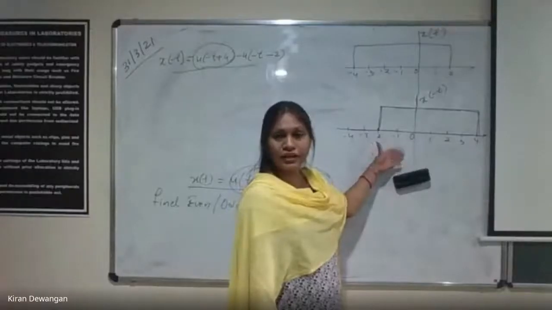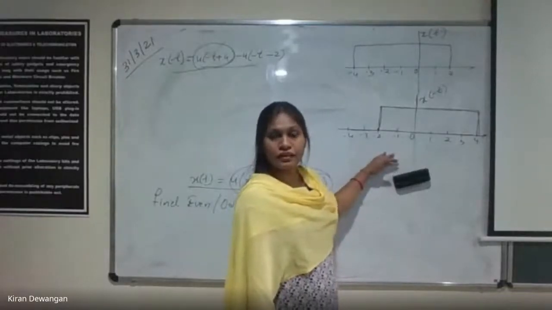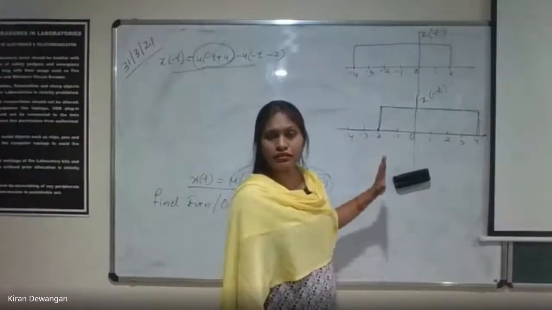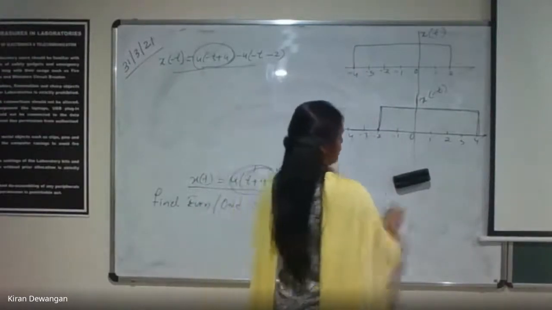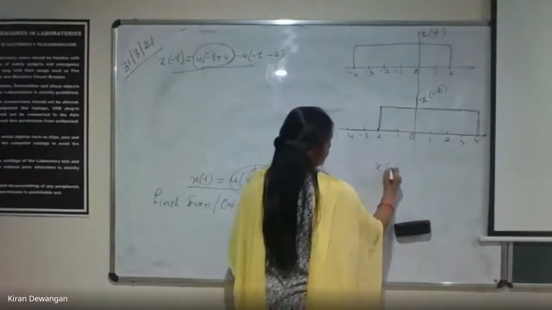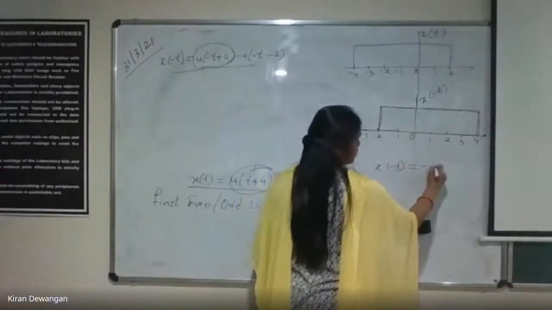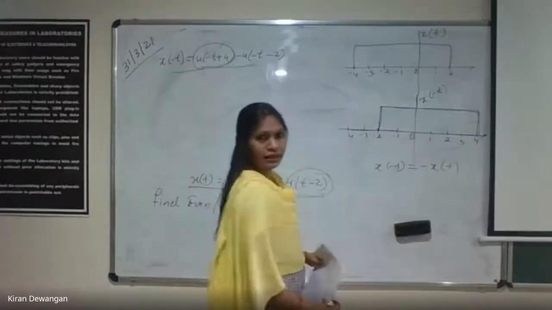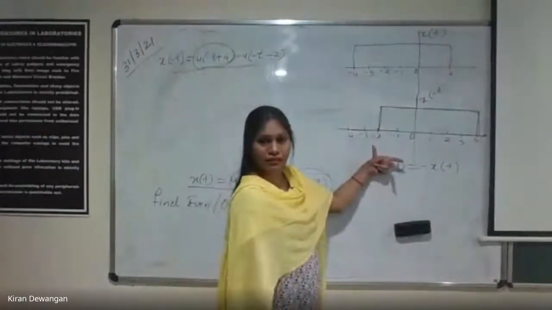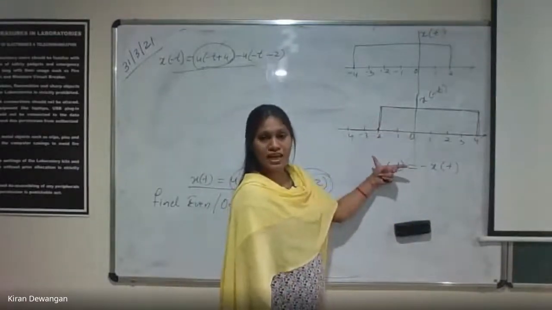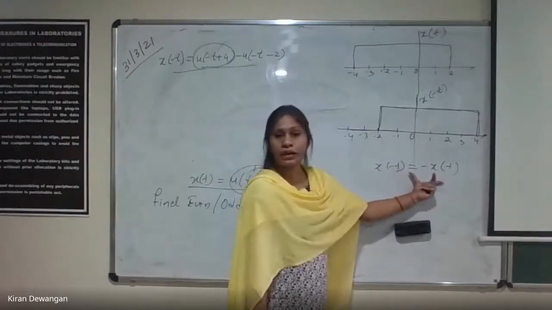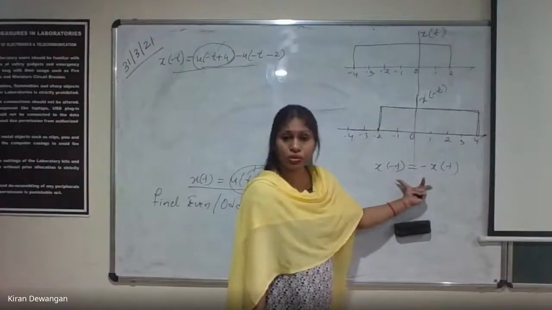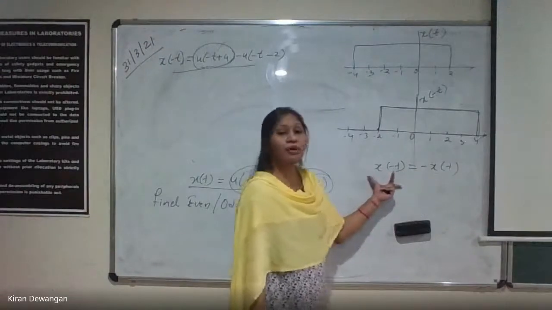ये दोनों ही negative amplitude में नहीं हैं, right? It is not going in negative side. तो ये antisymmetric तो हो ही नहीं सकता. First of all, what is the condition for antisymmetric? We say that antisymmetric is x of minus t should be minus of x of t. क्लियर? तो it should be in the downward side. मतलब ये आपके डाउनवर्ड साइड में रहना चाहिए. So by no means can it be antisymmetric. Antisymmetric ये बिल्कुल नहीं हो सकता.